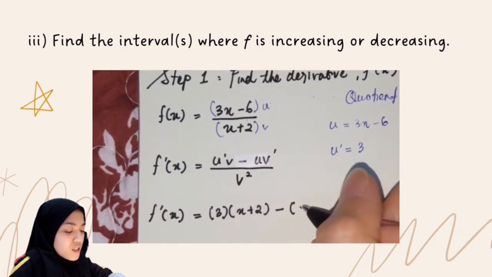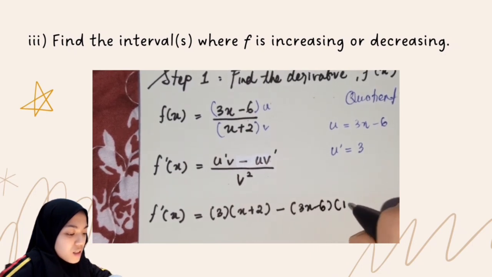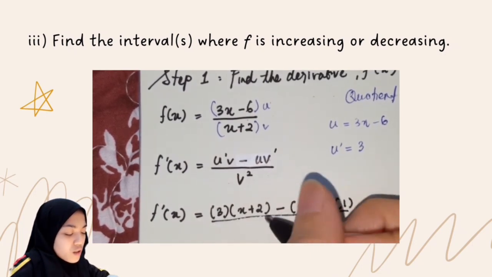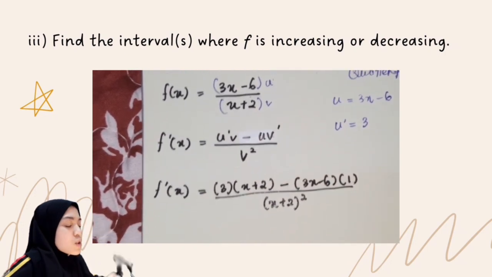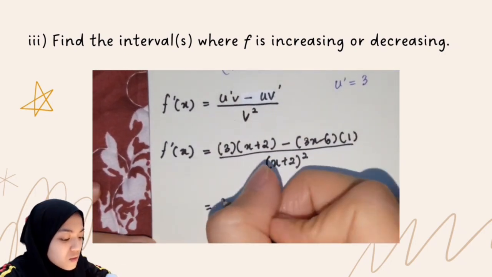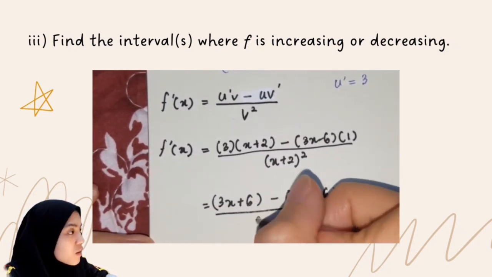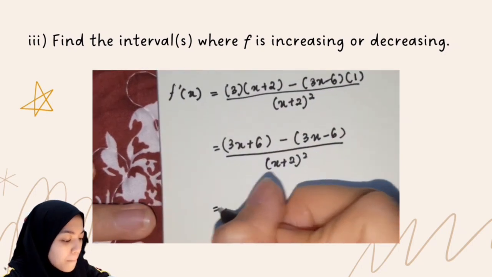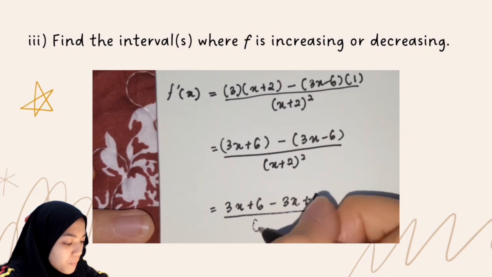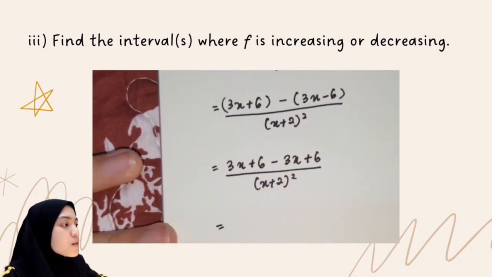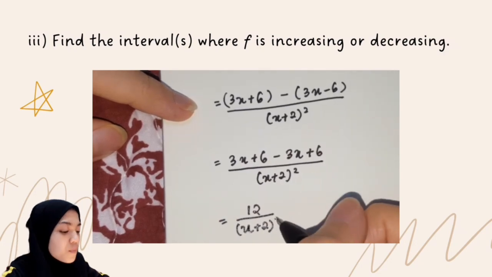When we substitute it, we will get this. u is 3x minus 6 and this is 1 over (x plus 2) squared. So we just have to solve it. And the final answer is 12 over